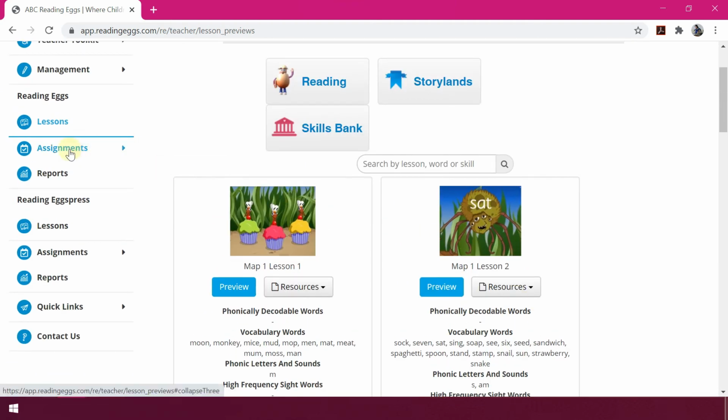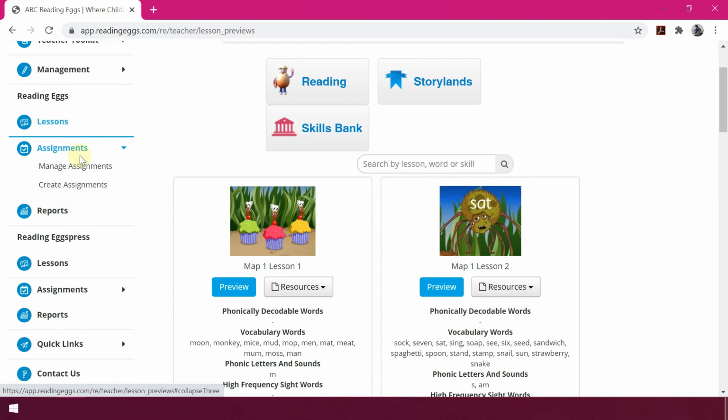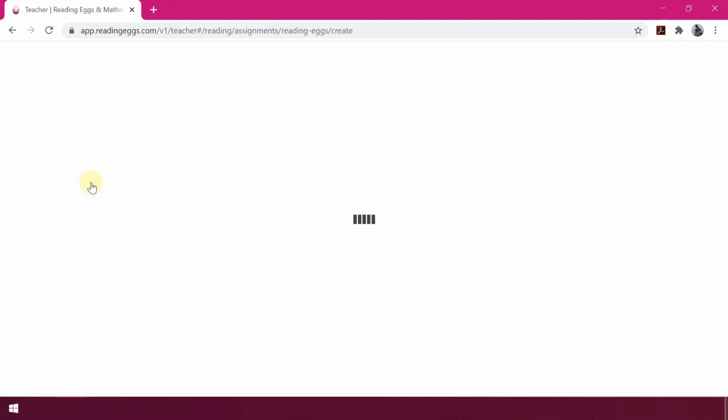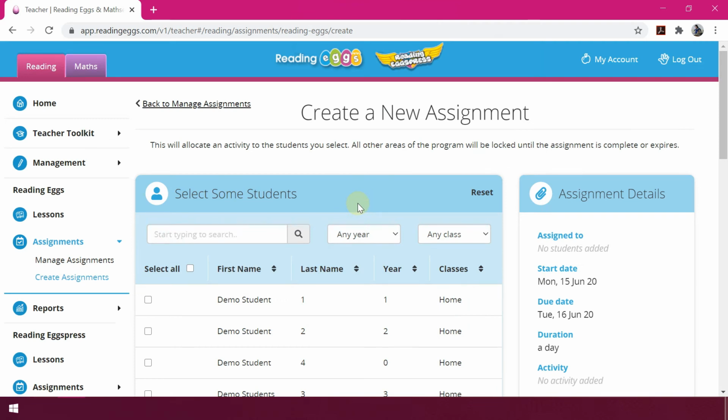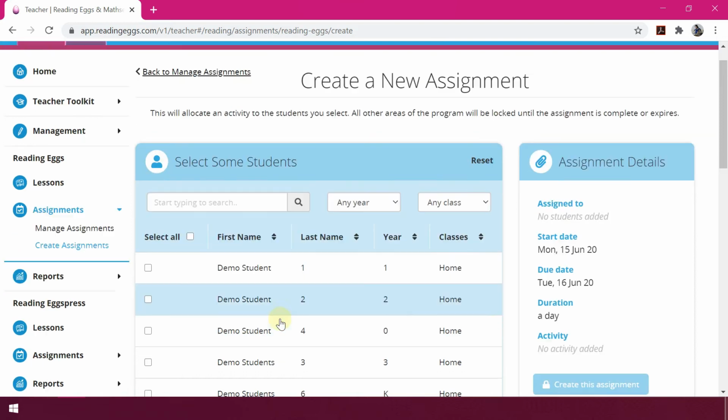Now let's move on to assignments. Assignments is the area where teachers will be able to create and manage assignments. Once a teacher creates an assignment for students, the child's account is completely paused and only the homework information appears, saying that your teacher has placed this homework, first finish this to move on.